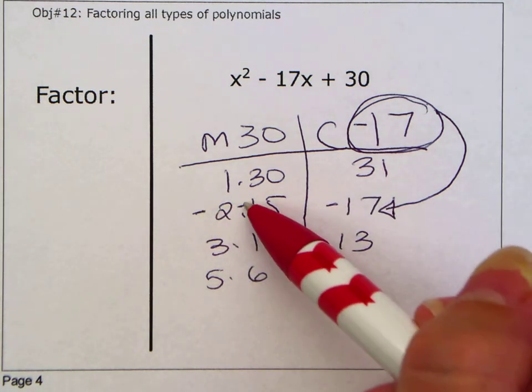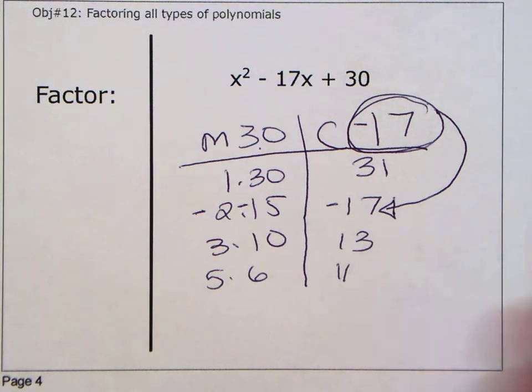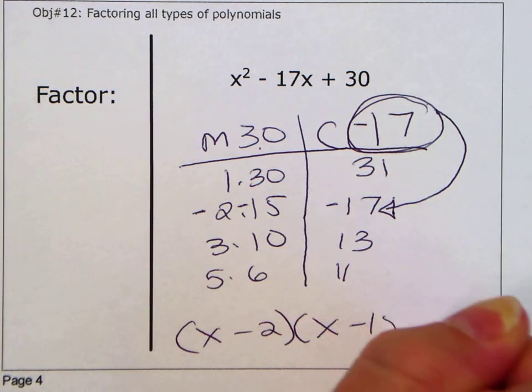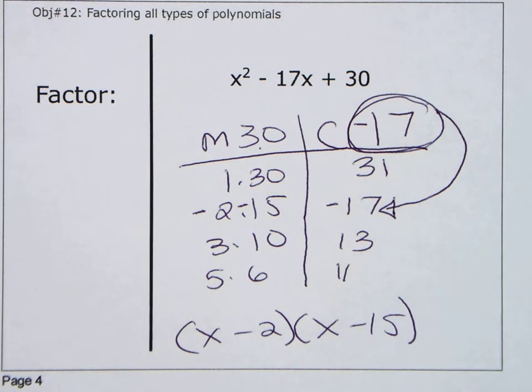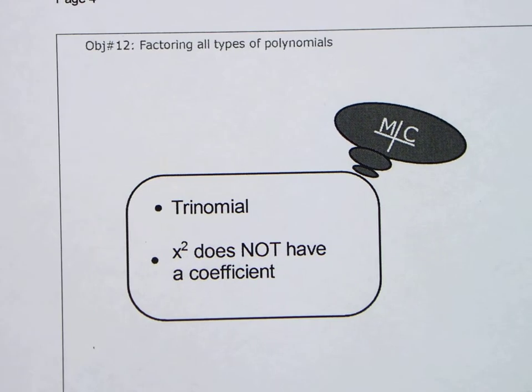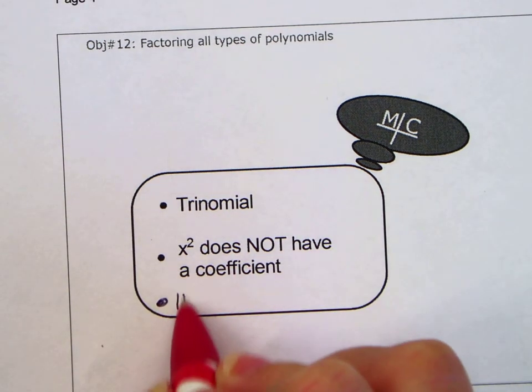A negative times a negative gives you a positive. A negative plus a negative gives you a negative. So the answer is x minus 2, x minus 15. Okay? So that's an MC chart. How do we recognize an MC chart? It's a trinomial. X squared does not have a coefficient. And also the highest exponent